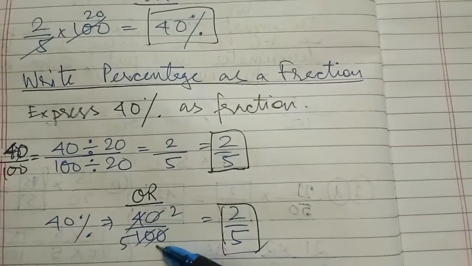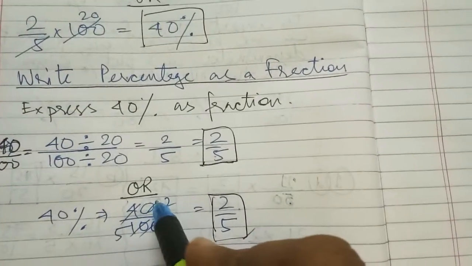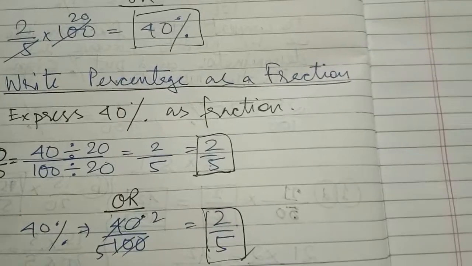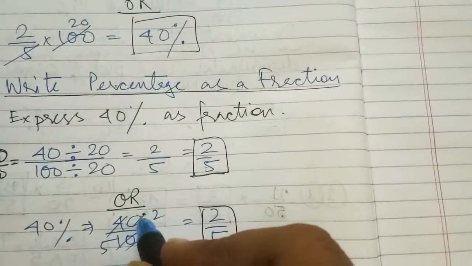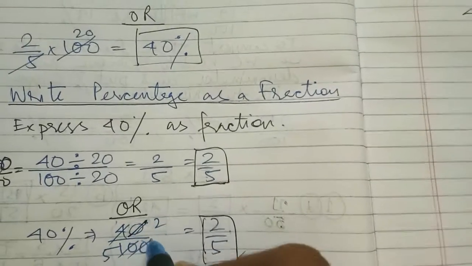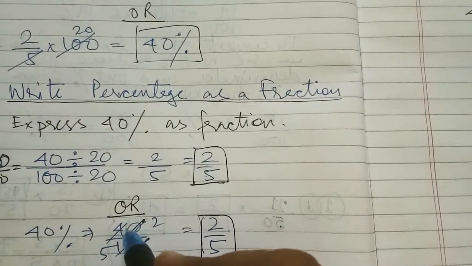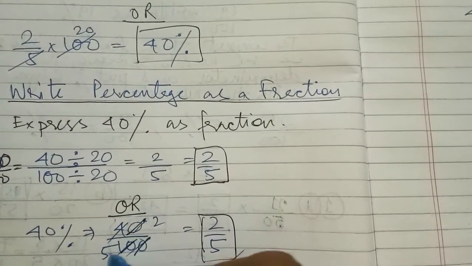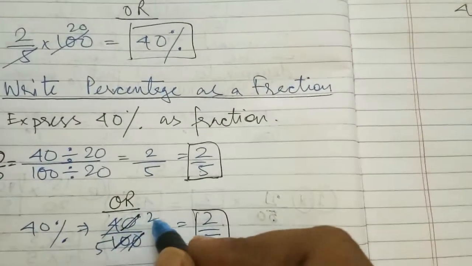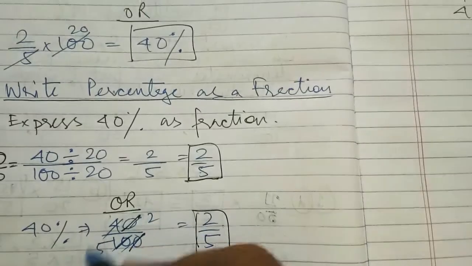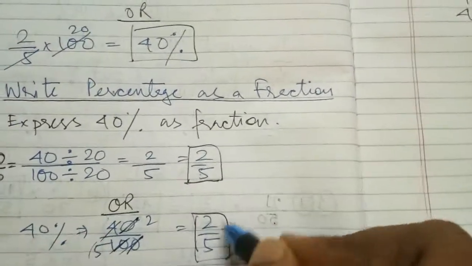Next, the same thing: 40% means 40 by 100. Now you cancel it. If you know cancelling to lowest terms in fractions, you can do it in this process also. 0 and this 0 are cancelling out. Then 5 2s are 10. This 5 is written over here, and 2 we have in hand. Then 2 2s are 4. Then 2 is remaining, and 5 also. Then that is coming 2 by 5.